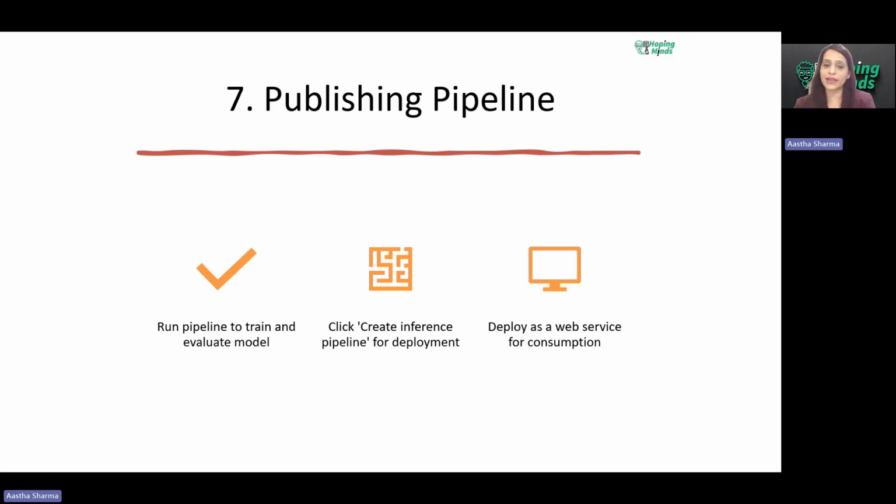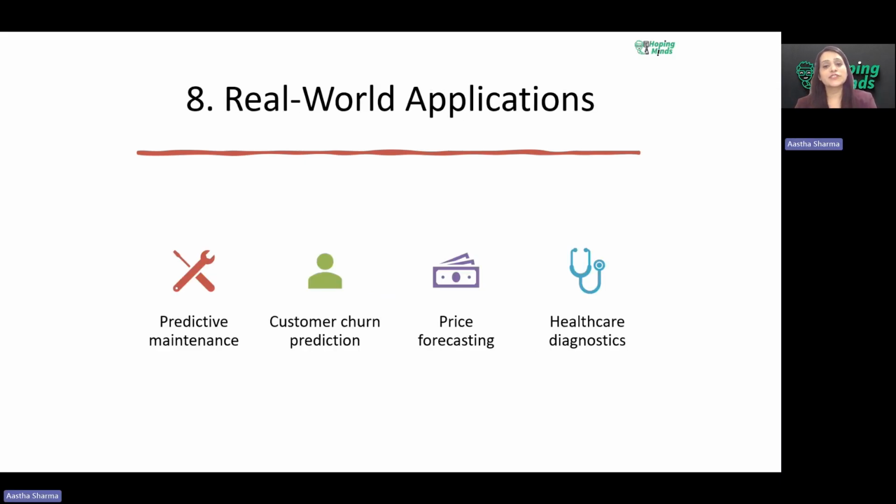So you can deploy it. Now, what are the real world applications when you are using a machine learning Azure model? You have learned these real world cases. You have created some of them. It's all about manufacturing, predictive maintenance, and in retail demand forecasting, or in healthcare also you can use these.